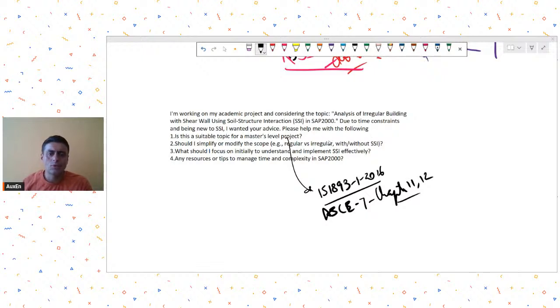And whether this is a suitable topic, whether you want to reduce the scope, make it simpler, make it more complex, your guide should be telling you that, not me, because he or she is the person who is responsible for completing your dissertation. You and your guide are responsible. So any tip from my side does not make sense. Okay,